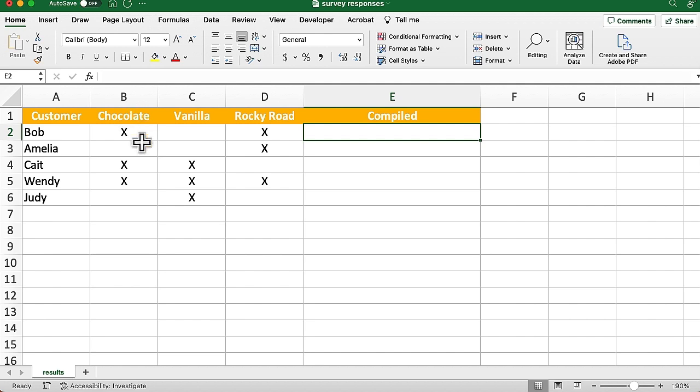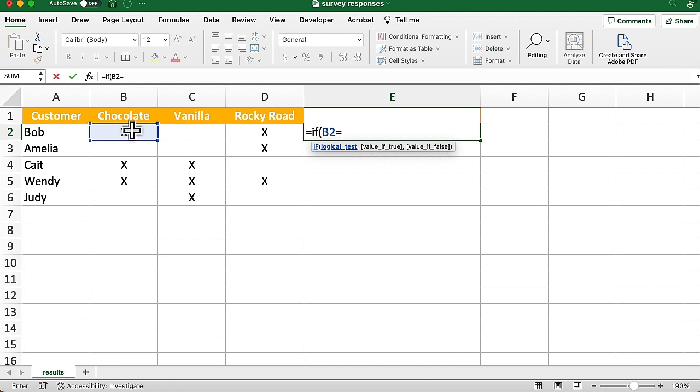What we can do is use the IF function to say that if there is an X in the first column, in that chocolate column, then grab that name from the column header and put it in column E. Now, I've already done an episode on the IF function, so I won't go through the syntax again. If you need a refresher, please go back and watch it. So let's go in here and do it. So I'm going to say equals IF, open the parenthesis, and say, okay, if B2